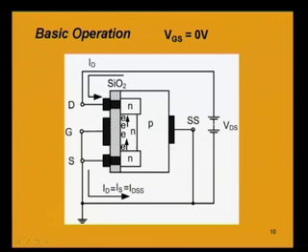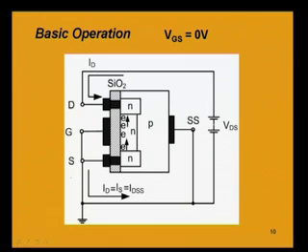So, the p type substrate is having holes as the majority carriers and electrons as the minority carriers. Now, let us apply a positive voltage between the drain and the source. VDS is positive. So, if VDS is positive and we are not having any gate to source voltage,